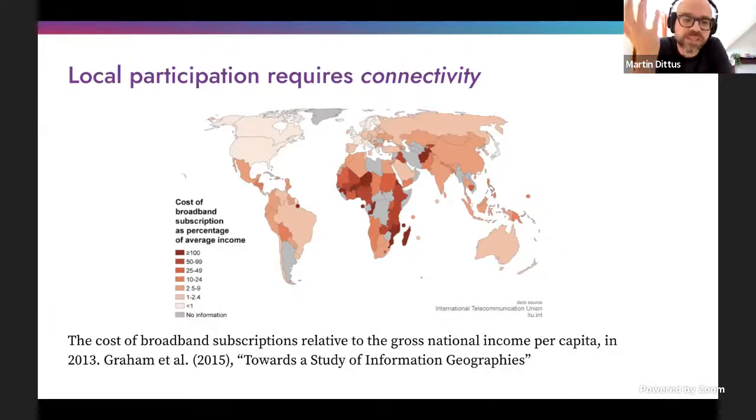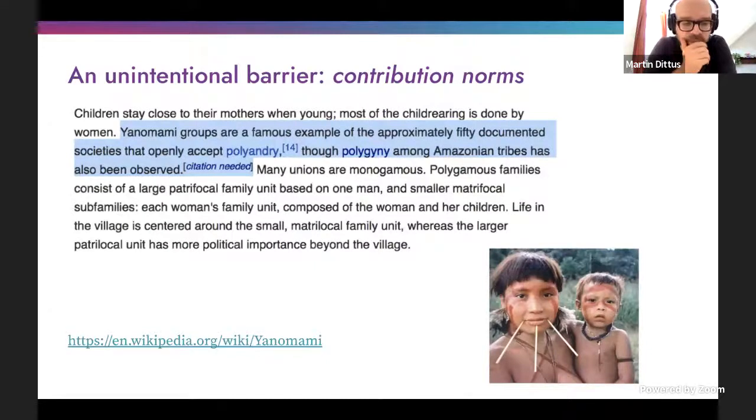connectivity is not easily available to everybody around the world. There are certain places in the world where a broadband subscription costs more than the monthly average income. And that's a major barrier to online participation. And this might be part of this. There's a second potential barrier, which is what academics call contribution norms or social norms on online platforms and so on. What that really means is